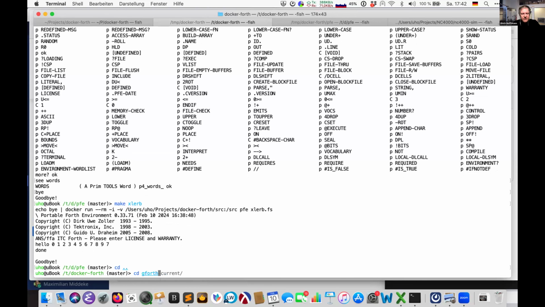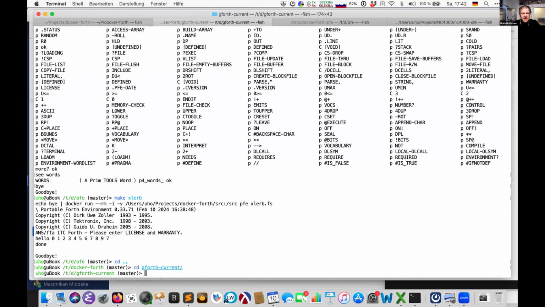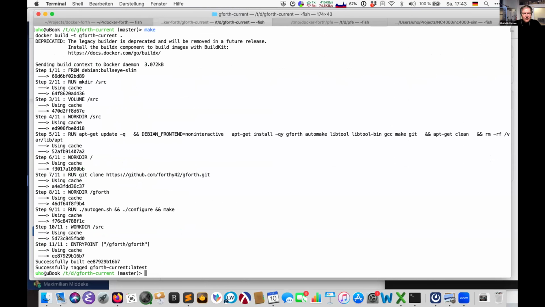So what we can do, and so now that is probably interesting, we go to GForce current, because, well, as you probably know, there's an ongoing GForce development, but the archives that you find are more or less outdated, like we saw 0.6 something. And if you get GForce installed on a modern Debian Linux system, you get an outdated version, but you want to have a new one. So I already did before a make to create the image. So it's very fast right now to have the image. And if I say make run now here,